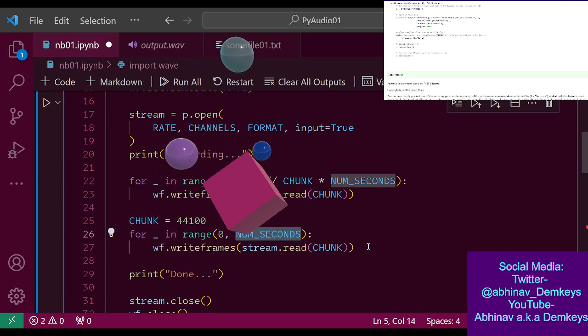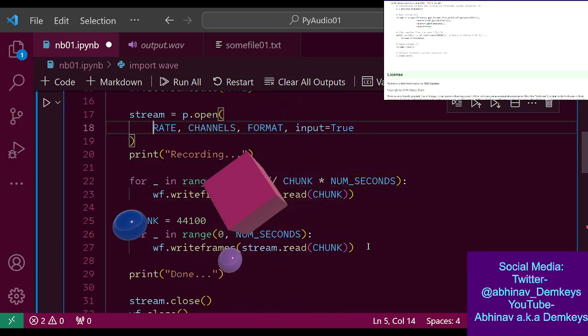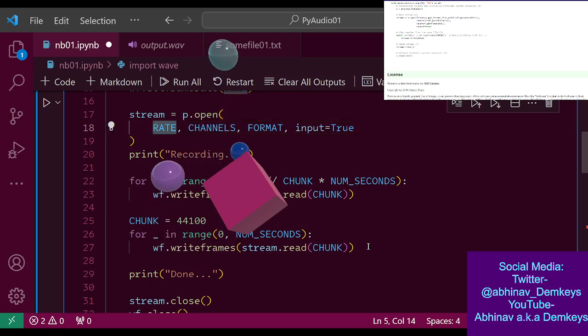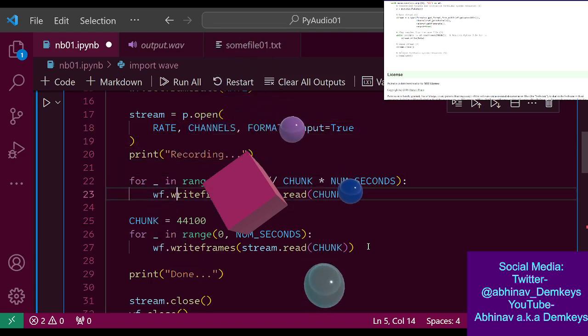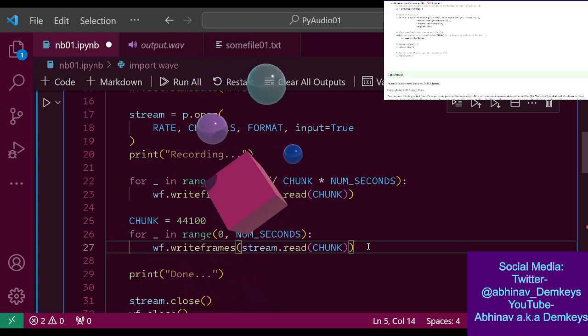Wait, for a second there, I was confused about how it knows what sample rate to use, but then I remembered we are specifying the sample rate when we open up the stream. So it probably knows based on that how it's supposed to read and at what rate. It's doing all of that work for us, which is fine.